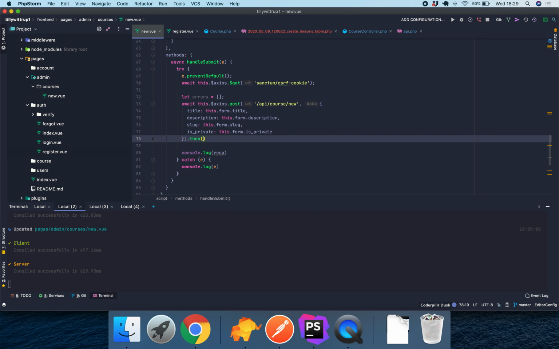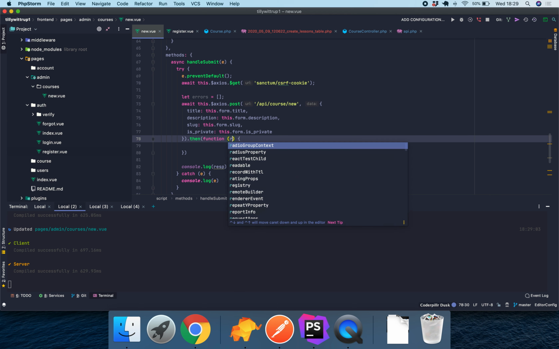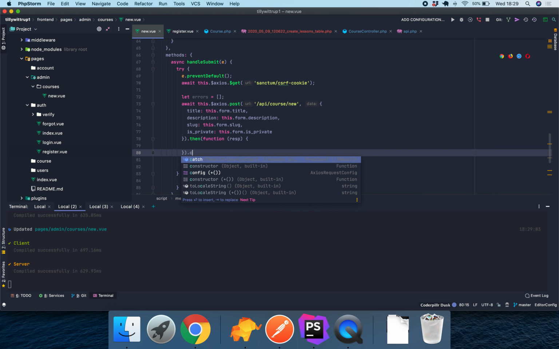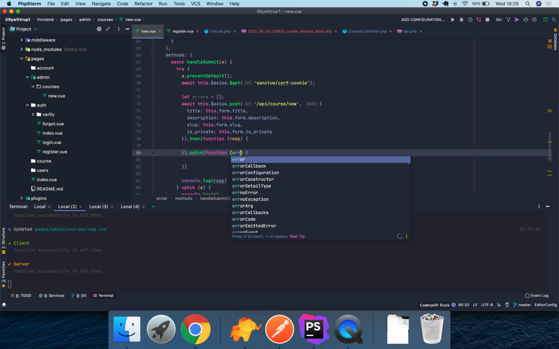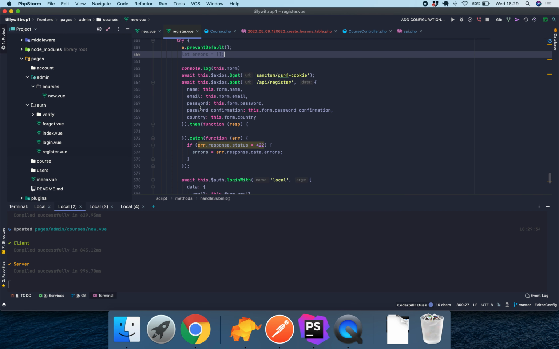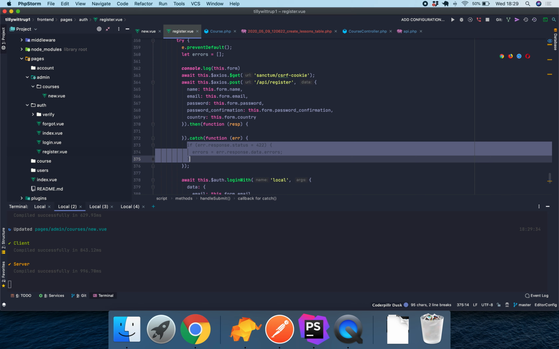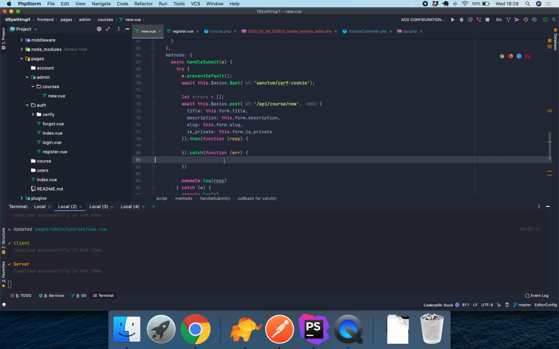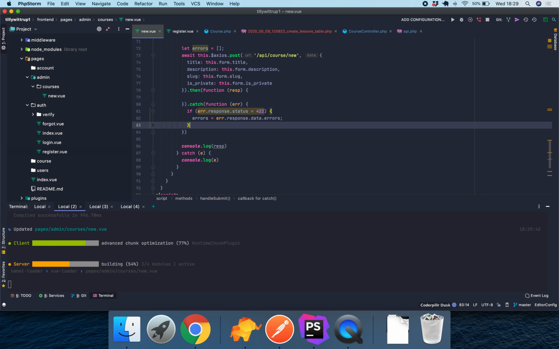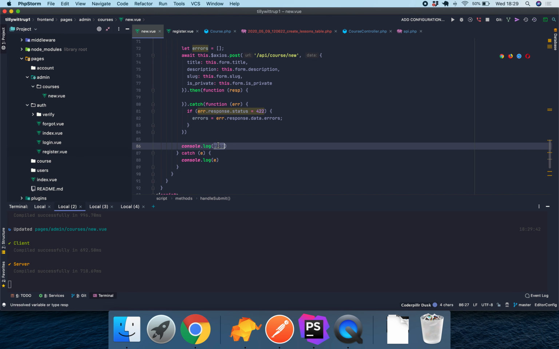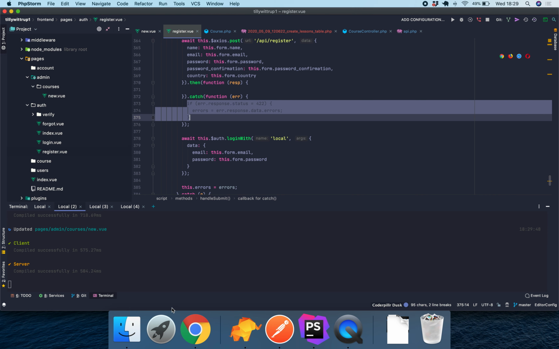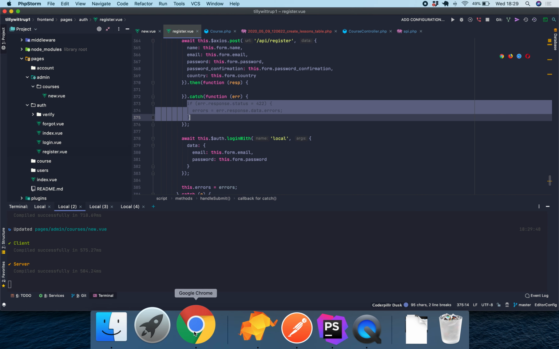And then let's add the then, and also make sure we assign it here. And what we want to do here is just console.log errors. So now if we try to create a course,